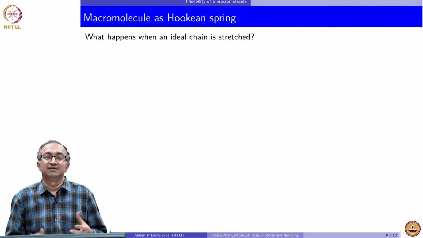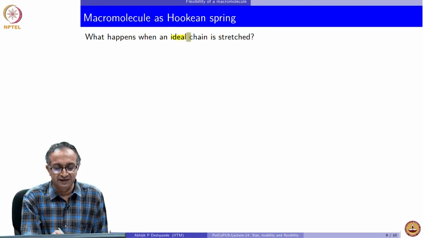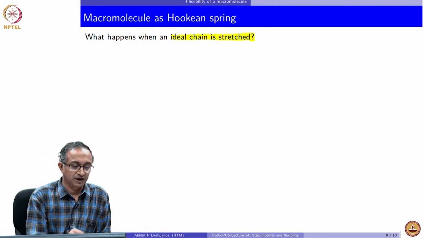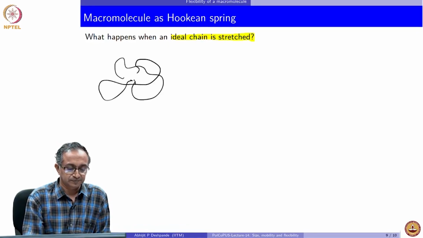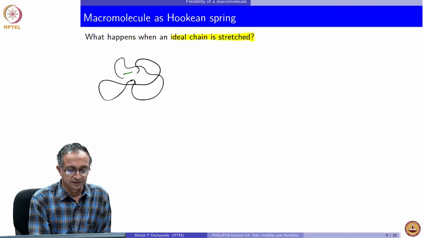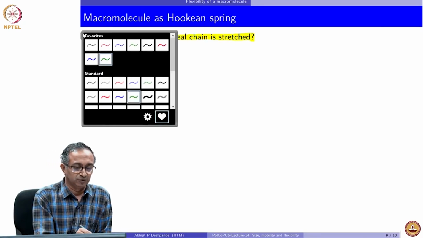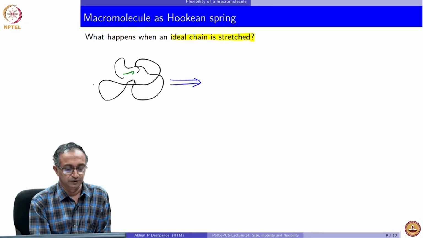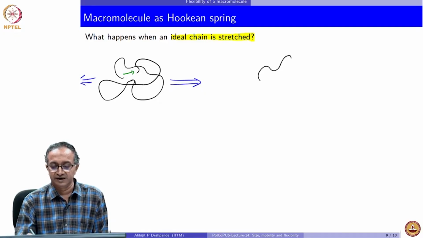And so this can be used to describe flexibility, rigidity of macromolecules. So when we have an ideal chain and we stretch it, what happens? Let's say I have a macromolecule like this, and its end-to-end distance is given by this. Now if I stretch this macromolecule, what will happen is, on an average,